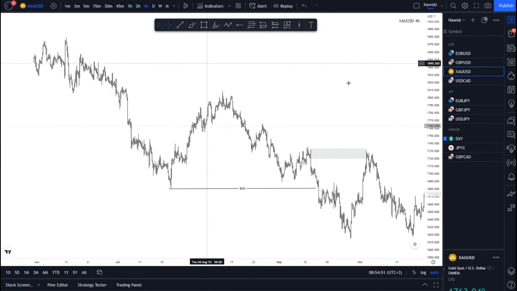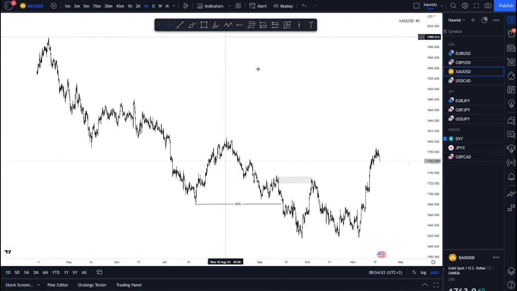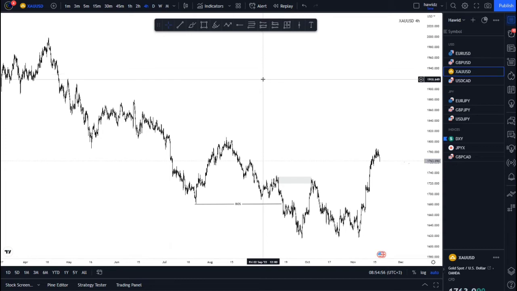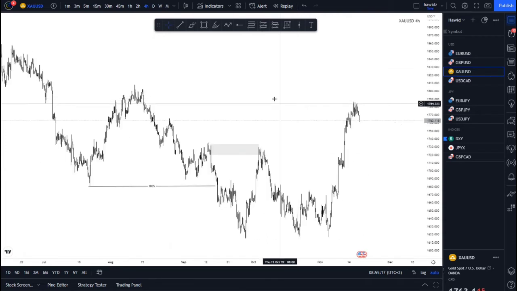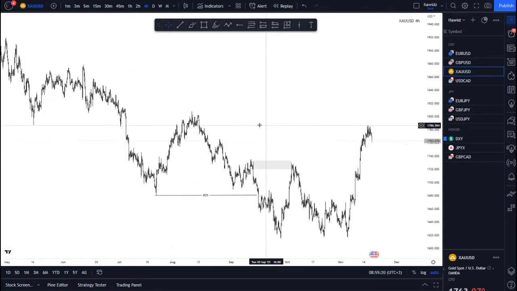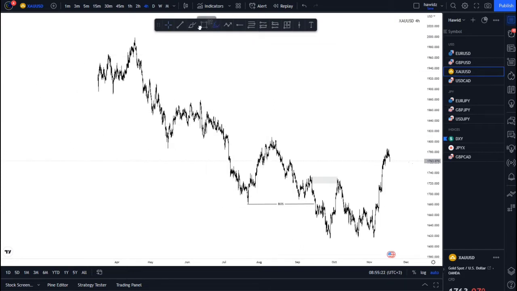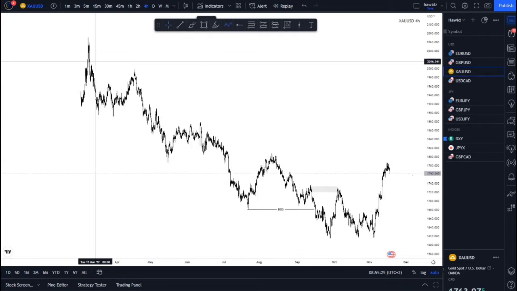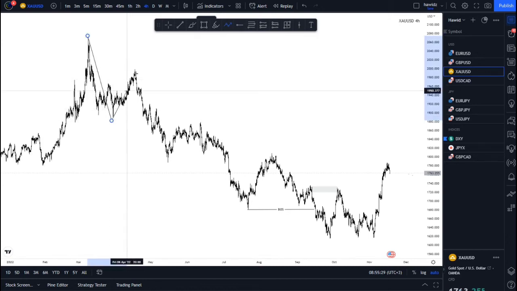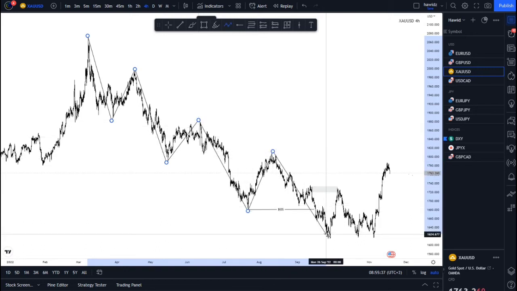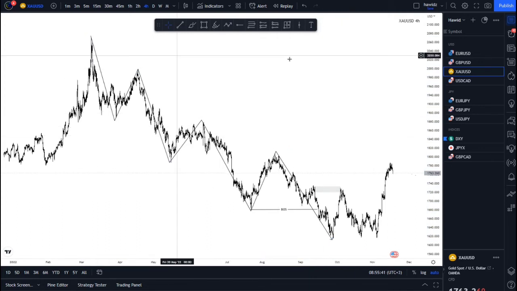So through following institutional order flow, we had something like this. So from this high to the low, the high, the low, the high, the low, right? So when we were at this stage, as you can see, guys,